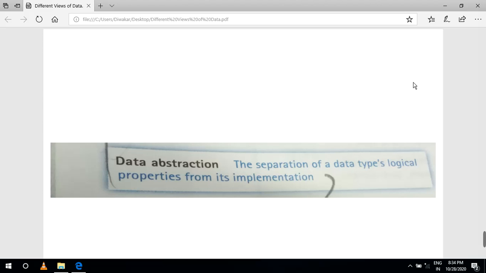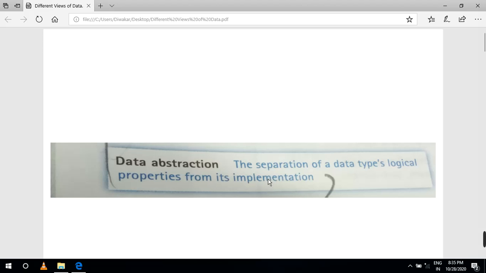So we are concerned with a particular domain of values, and we declare a set of operations that will be implemented for it. This is called data abstraction.